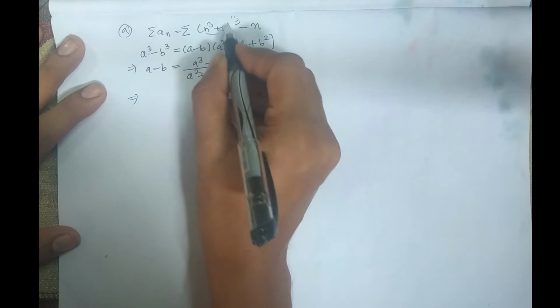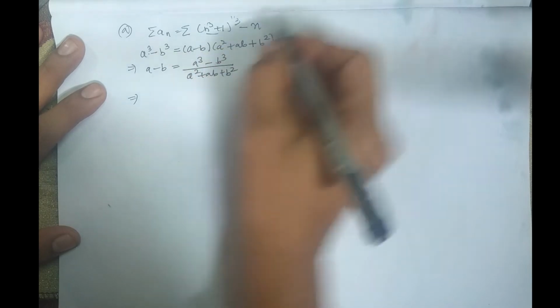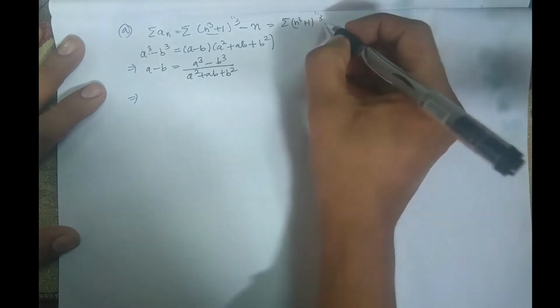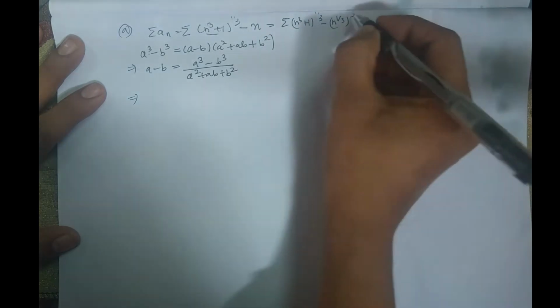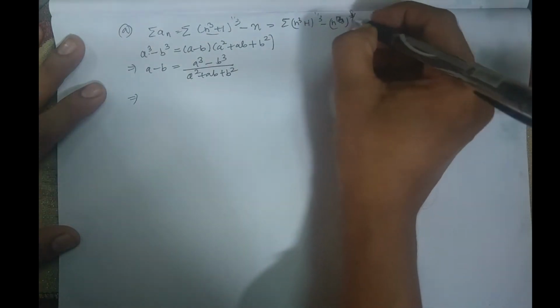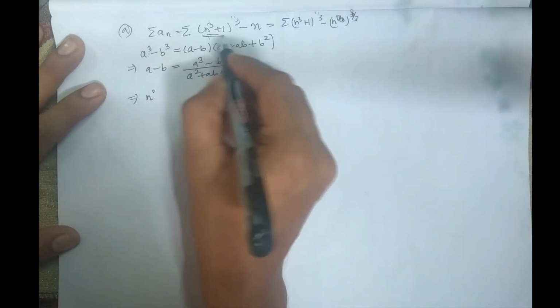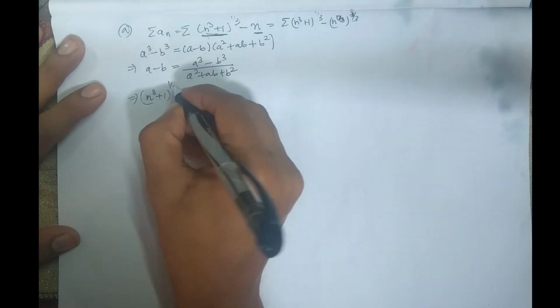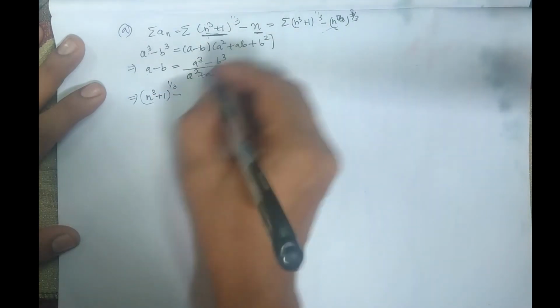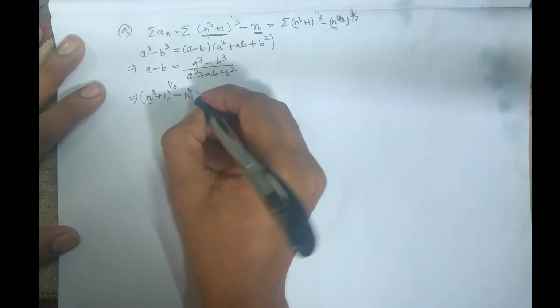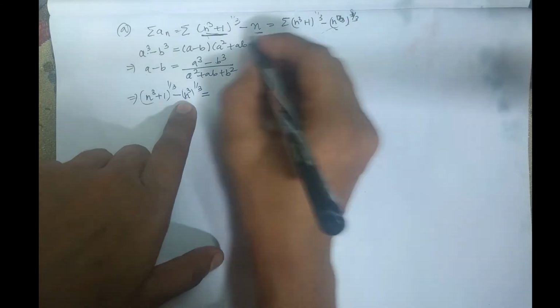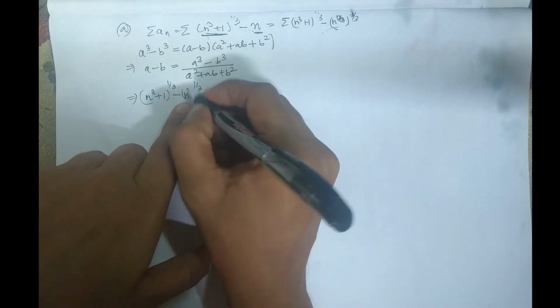so let's substitute. This same term I can write in this form: (n cube plus 1) raised to 1 by 3 and (n raised to 1 by 3) raised to 3. So I have made the exponent common, n cube raised to 1 by 3, let's say. Okay, so let's suppose this is my a and this is my b. Then what will happen? (n cube plus 1) raised to 1 by 3 minus (n cube) raised to 1 by 3. Okay, so our